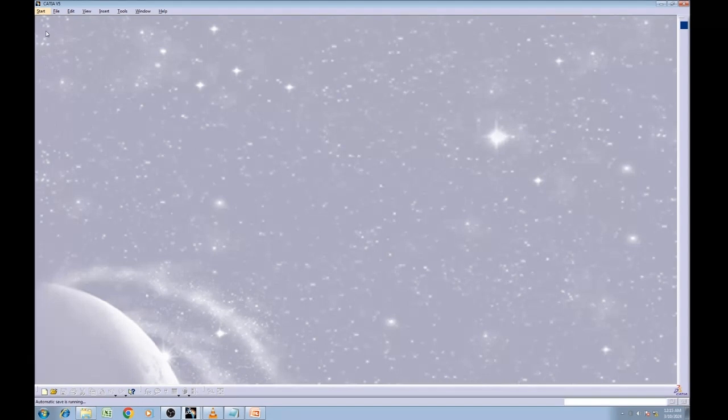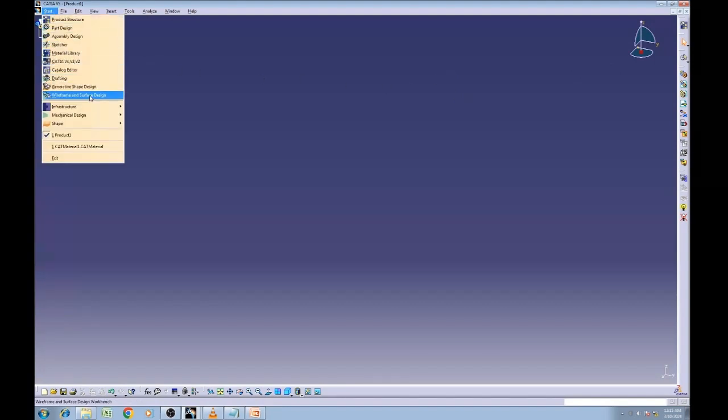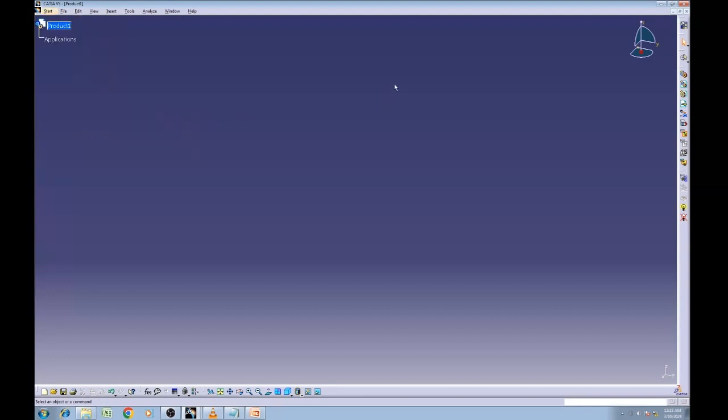And after launching, you can find this window, or else if it is default settings, it will open the Product Structure workbench. Okay, so it will open by default as a product structure, and don't start creating a part directly by going to Start, Mechanical Design, Part Design, because you are in a product, meaning an assembly. Okay, so first I have to create a part. Okay, so product